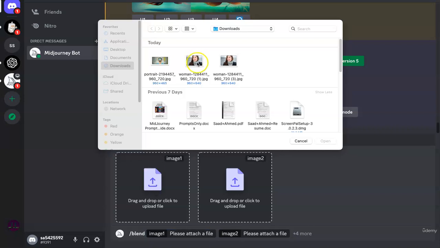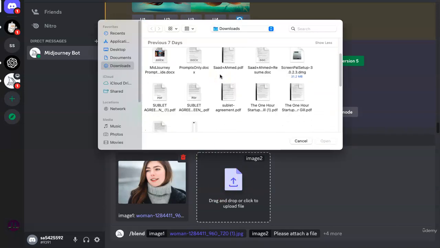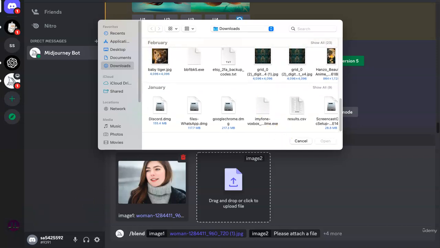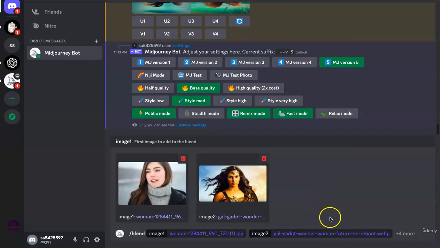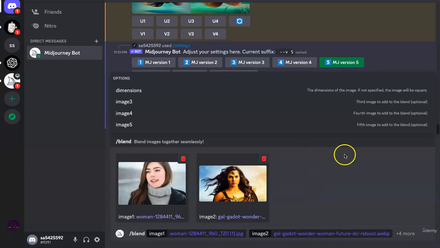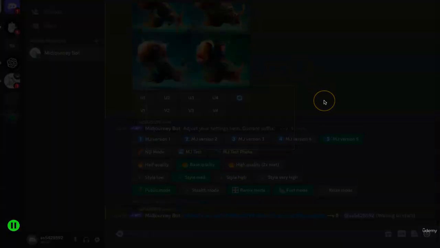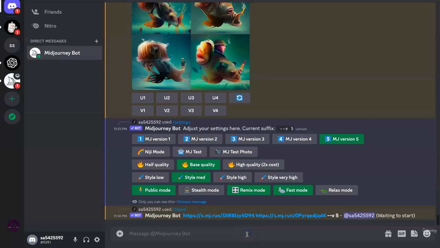So what I'm going to do is choose the same photo that we worked with before of the woman, and then this time I'm going to add a photo on top of something different. Let's say, where are my photos? Okay, yeah. So I added an actual photo of Gal Gadot, Wonder Woman, and let's see how this works. And the command has been sent. While it runs,